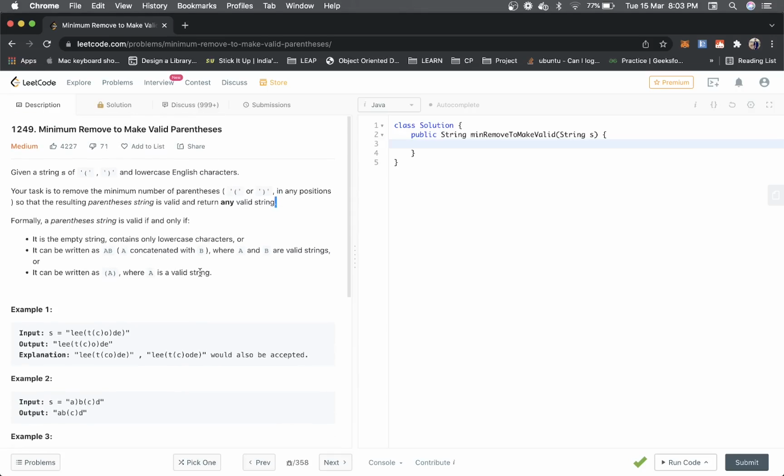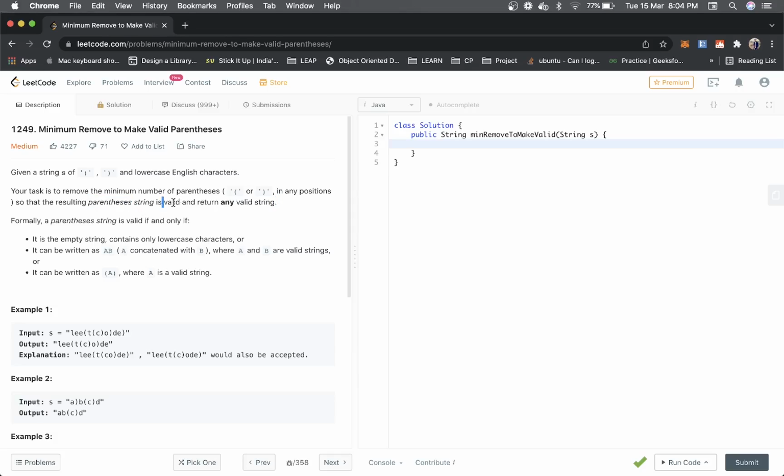And just summarizing the question, we are given a string that contains lowercase English characters, plus additional opening and closing parentheses, and we have to remove the minimum number of parentheses so that the resulting string is a valid parenthesis string.